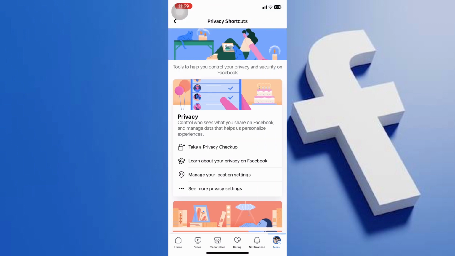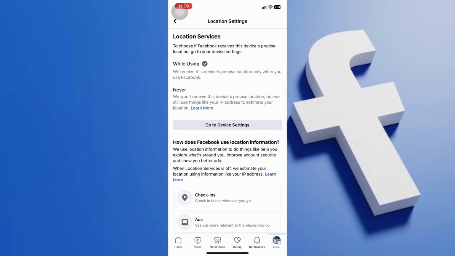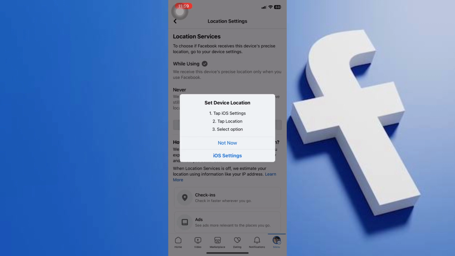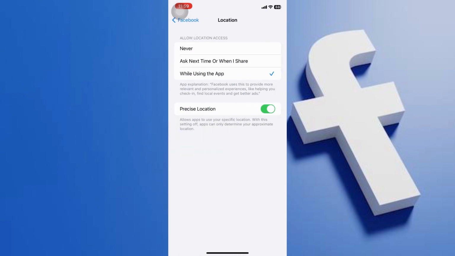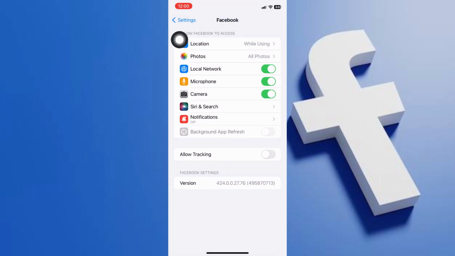Now you're going to click on Manage Location Settings and tap on Go to Device Setting. Tap iOS Settings. So if you click the first option, location, it will give you the option to set it to never, ask next time, while using the app. I usually just press while using the app, so it doesn't use any location services when I'm not using the app. Now the second way to get your location is just going to the home page of your settings page